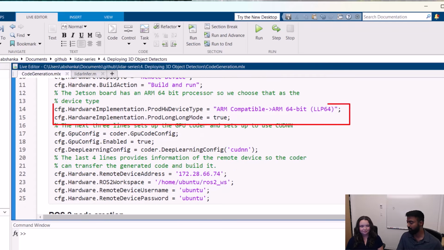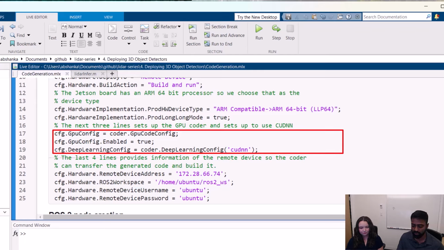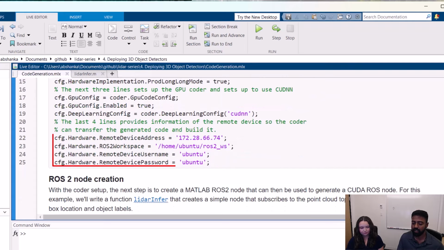As for the hardware implementations, I'm choosing an ARM compatible board because the Jetson has an ARM processor. And I'm going to enable some GPU configurations because the Jetson has an NVIDIA GPU, and we're going to be using the cuDNN library. But if you have the TensorRT library installed, you can choose that instead of cuDNN. And the last step is to define the IP address and the workspace where your raw source code lives, and